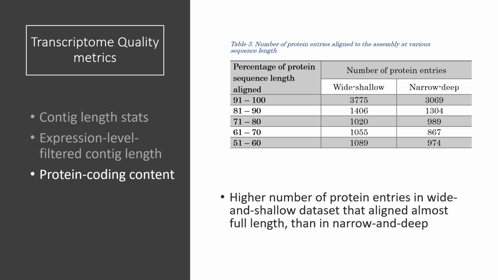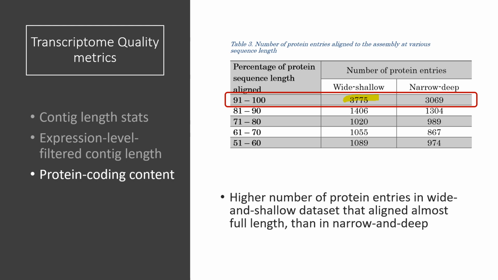And lastly, we want to see how many of these contigs align to the protein sequences from the SwissProt database. This tells us how much of our data is relevant to downstream applications such as discovery of novel genes and functional analysis. In general, we obtained a high number of protein entries that align to almost full length, so that's 91 to 100%, to one of the contigs in the assembly. And comparing the two sample designs, the wide and shallow dataset has a higher number of protein entries compared to narrow and